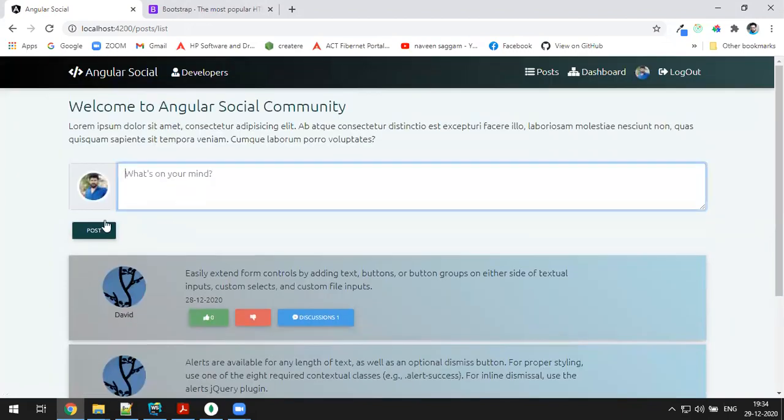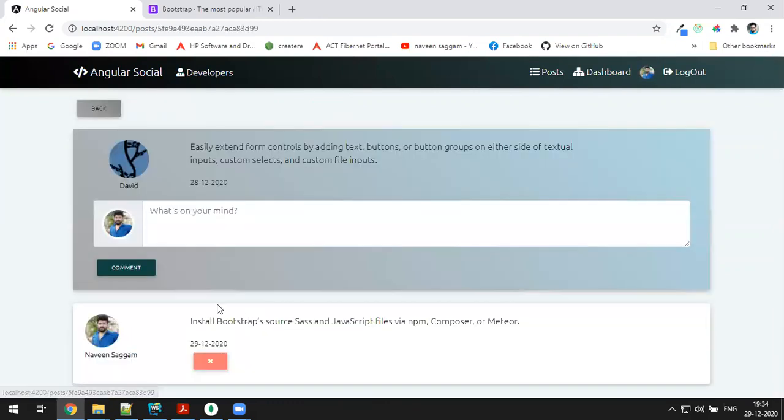Maybe in the next version we'll add it. You can also do that because in BrainsCard we have understood how to upload an image. So like that you can make an upload image functionality. Then create a post, and you get every post with an image just like Facebook posts. Likes, dislikes are also there, and discussions also there.